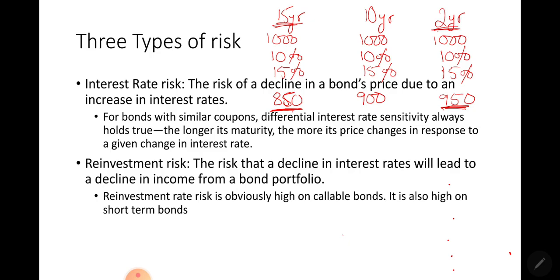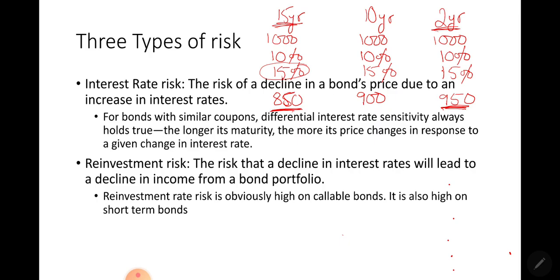This is because the longer the duration of the bond, the longer your money is stuck at one place. So if you have invested in a 15-year bond and the market interest rate increases from 10% to 15%, you will have to wait for the next 14 years to get your money back. After you get your money back, then you can invest in the higher 15% rate. Whereas if you look at the 2-year bond,